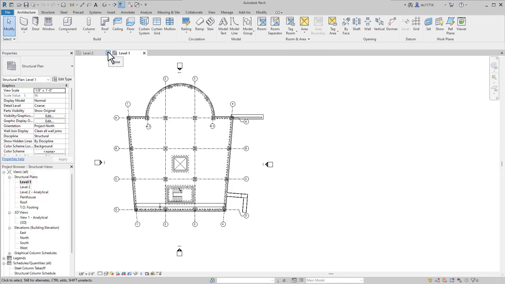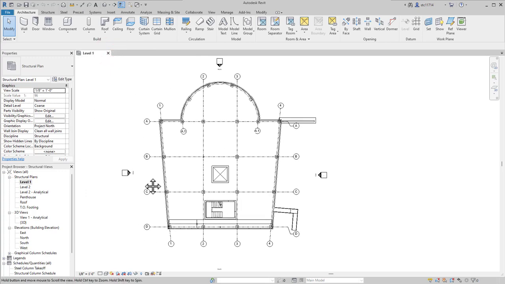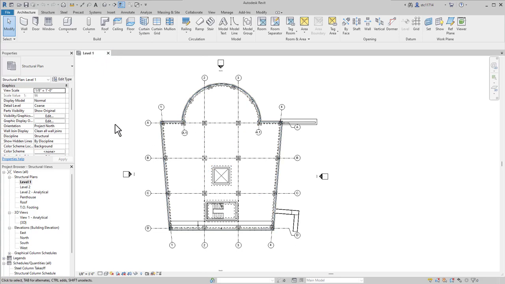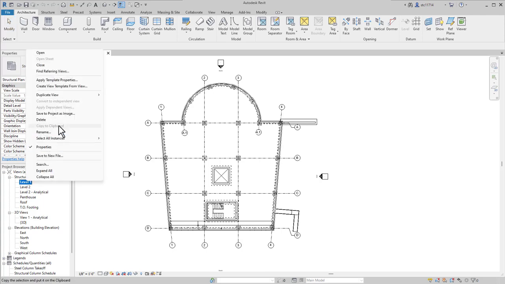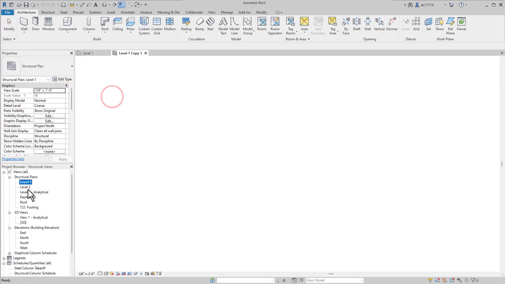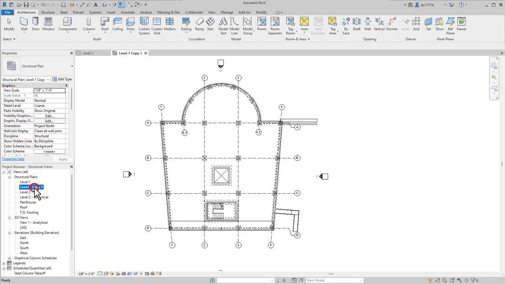So what I would like to do is to repeat the same kind of workflow for level 1. Currently, I just have the structural view. I would like to create an analytical view as well. I'm going to begin by duplicating my level 1 structural plan. Then I am going to rename it similar to how the level 2 has been renamed to have dash